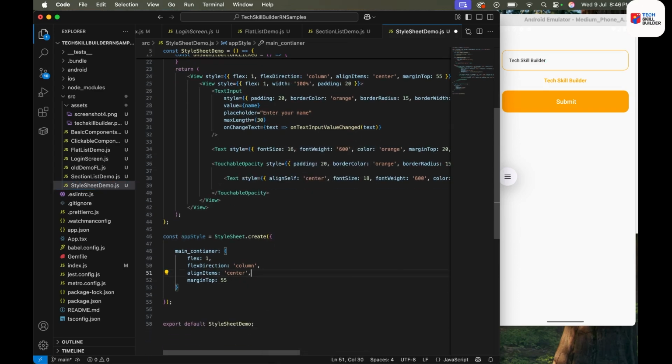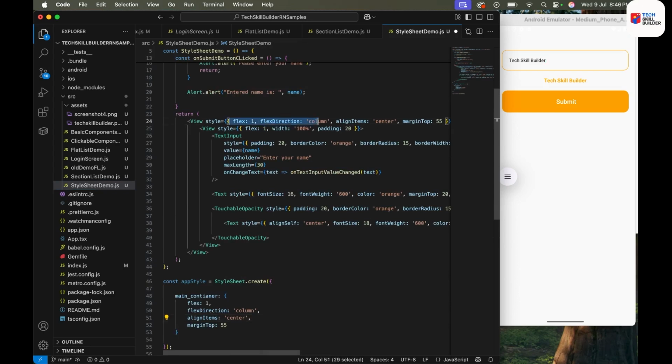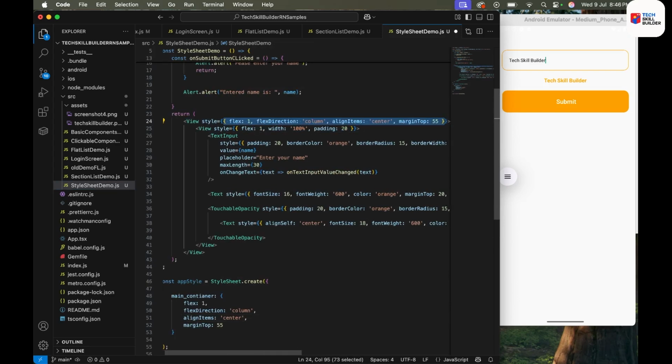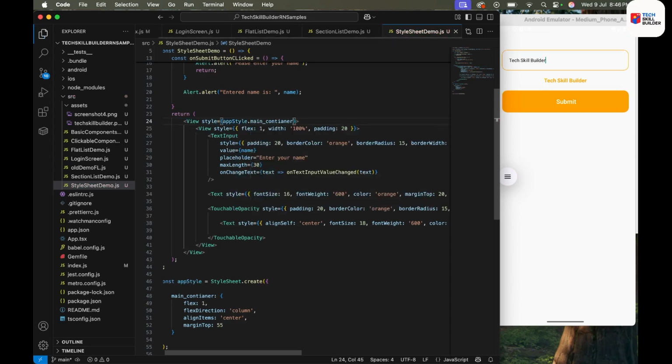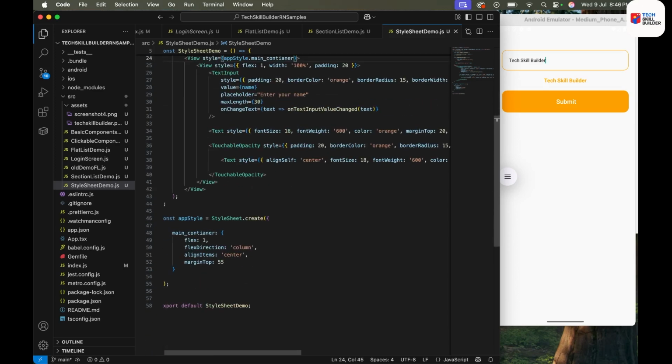Okay, this is the main container. Now what we need to do is instead of this, simply say app style dot main container. See, it reflected automatically. And then another we have